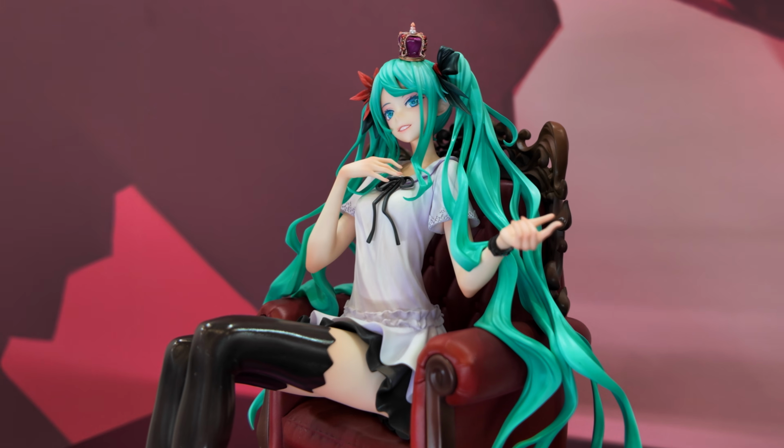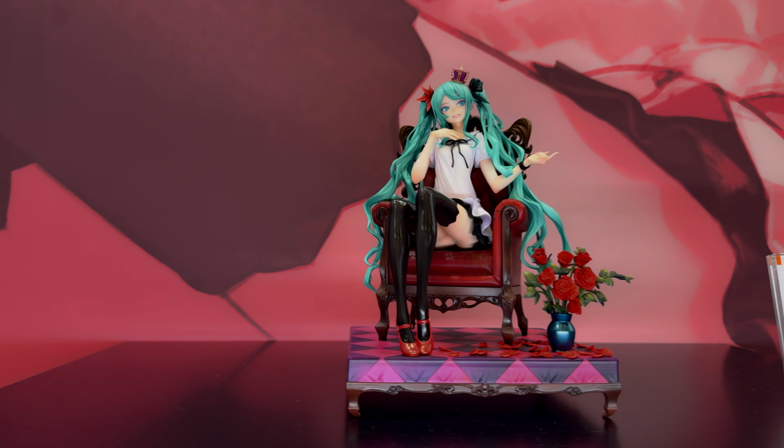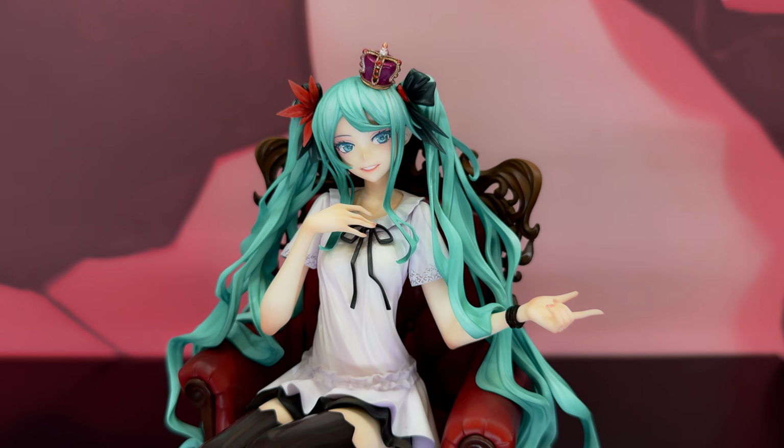Starting off with the World Is Mine update, this iconic look is finally being redesigned over 10 years later. Last time we saw her in scale form, she was lounging within a frame. This time, she's lounging in her throne. This being one of the most popular Miku songs and Project Diva modules, it's about time we got something new